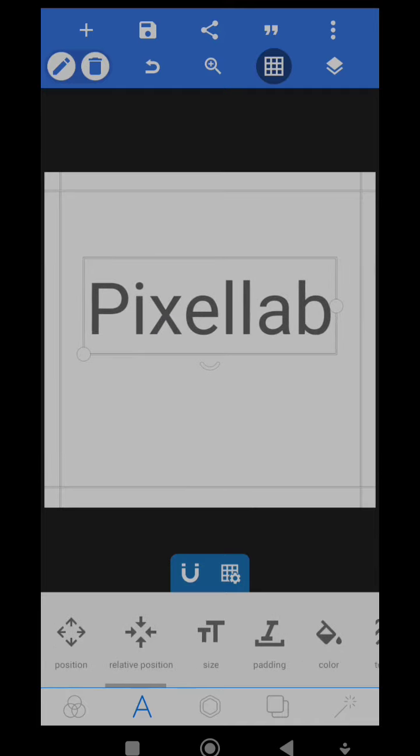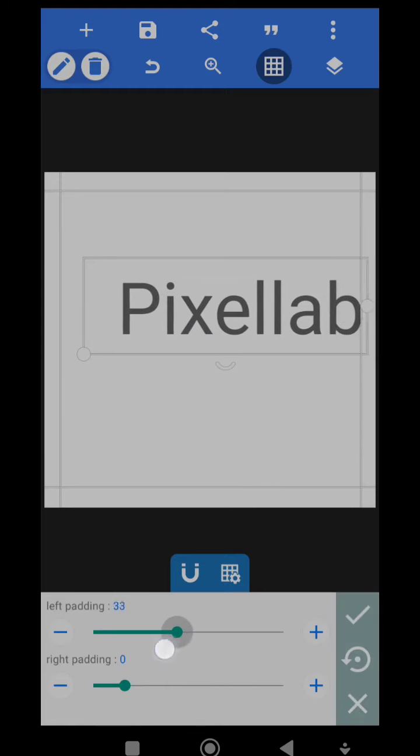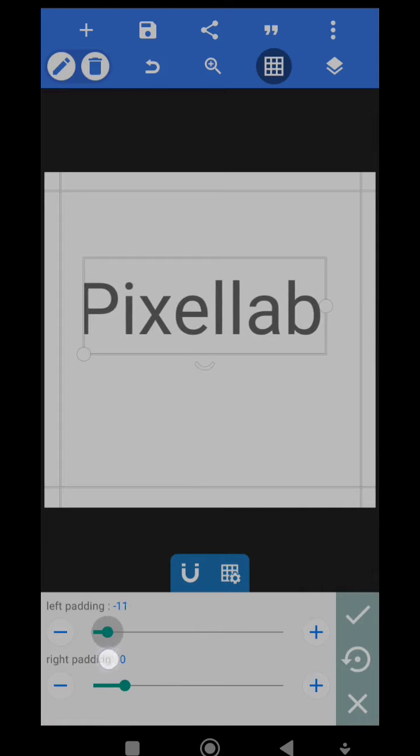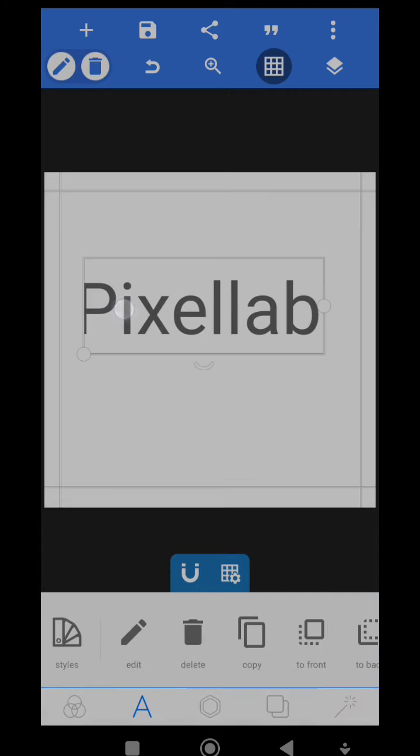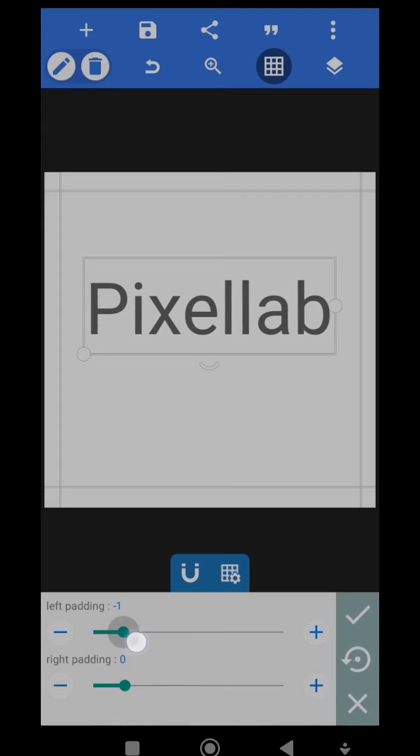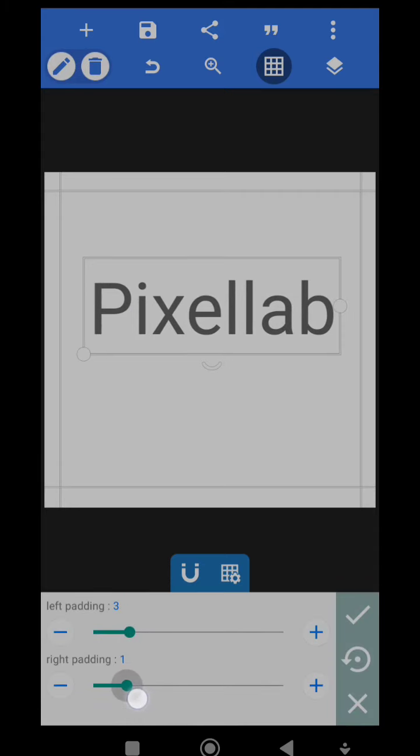So now the next tool in the text panel is the padding, and this padding is useful for some kinds of fonts. When you choose them, select them, it's going to be something like this, whereby your text is not complete, it's kind of cut out. So you use padding to increase the space around your text,